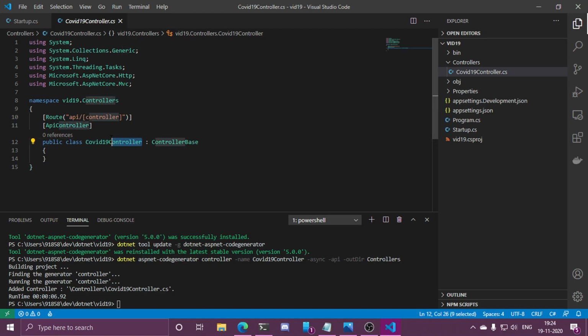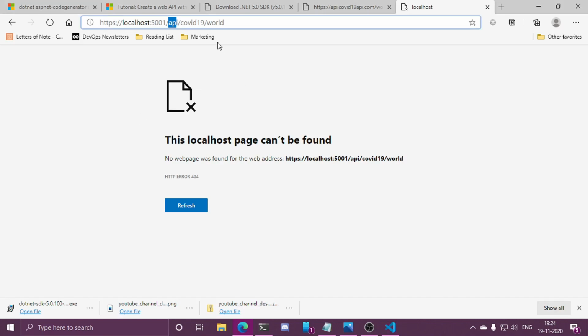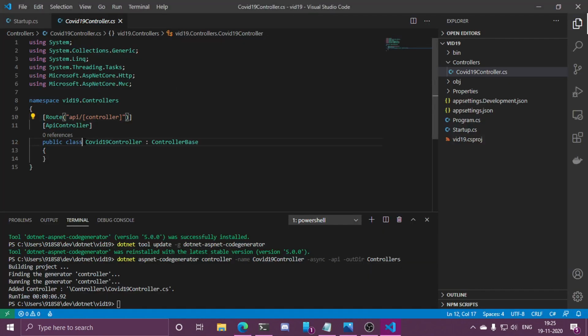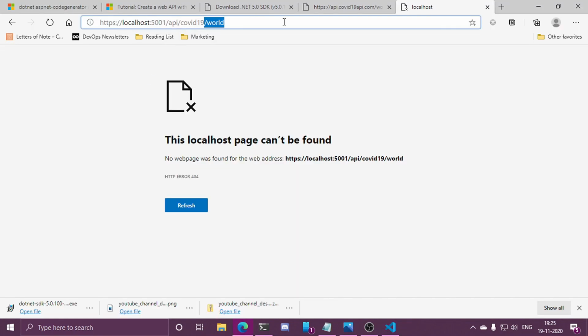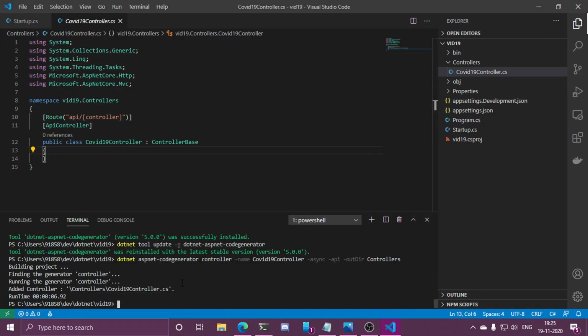So this trailing controller part is just for the sake of the .NET framework, and everything before this controller word constitutes the controller name. So if I do this API controller slash, then it means that if I type in API and COVID-19, so COVID-19 is actually the controller name over here, I can reach this controller using this notation. Okay, so I can just simply remove this and I can reach it. So let me show you.